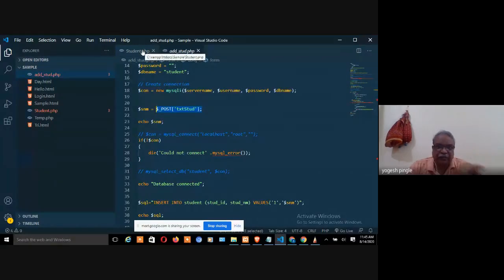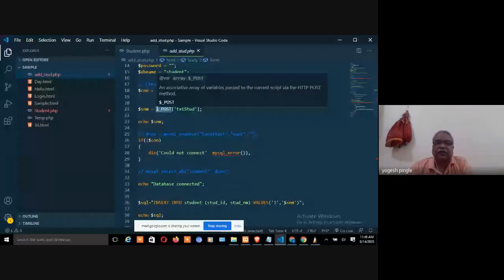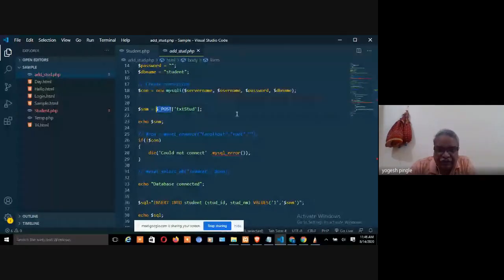And this particular value, it is going to see this form. Once you submit the student, it is going to call add stud. So submission means what? It is going to pass the parameter. Over here, you are going to catch the parameter. So where you are going to catch the parameter? Inside this text tool. And how? Using this particular implicit object. Where you are going to store it? You are going to store it in this variable $sname. Whatever name, stud name, कुछ भी लिखो, ये variable का नाम है.